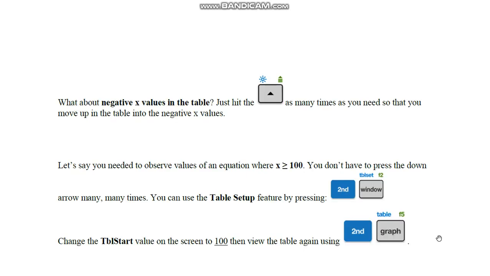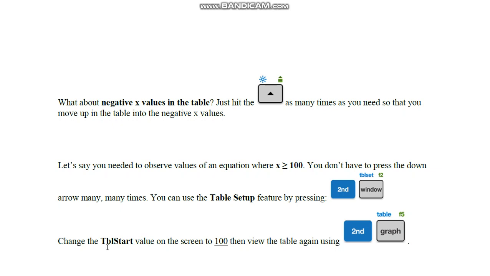So what about negative numbers? Well, we can just hit the up button and we can go into the negative values. Let's say we want to observe the values that are greater than 100. And so we'd really have to push that down arrow. There's another way. You can also use the table setup feature by pressing second and table set,